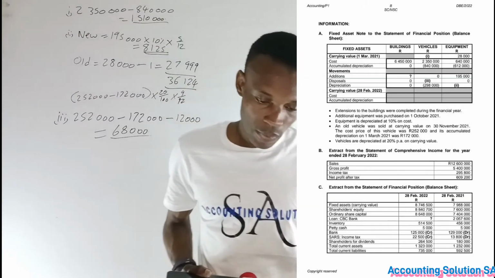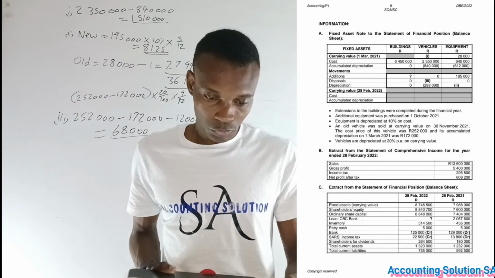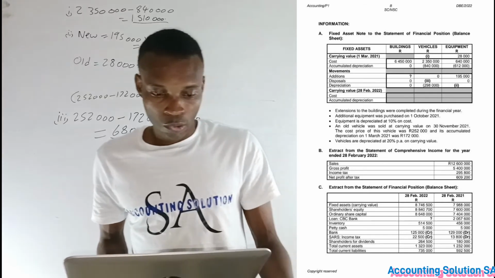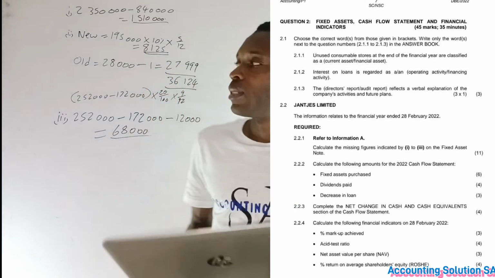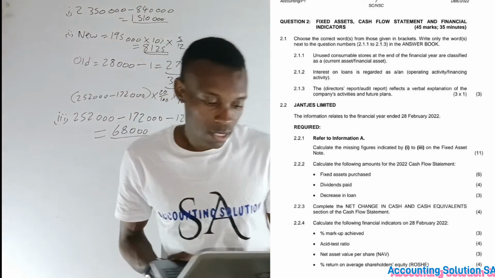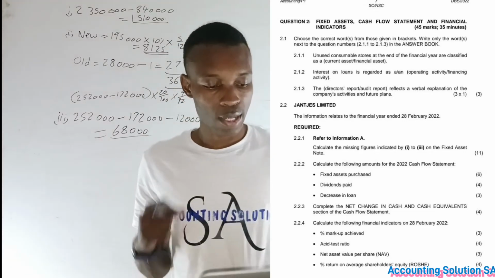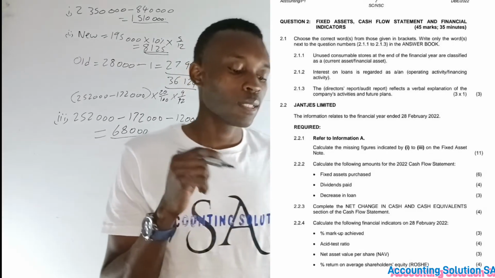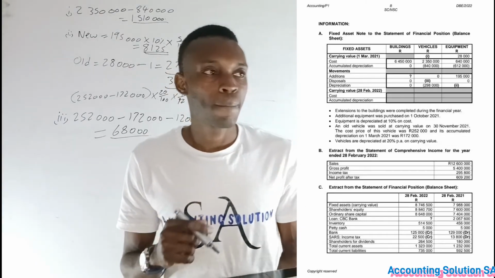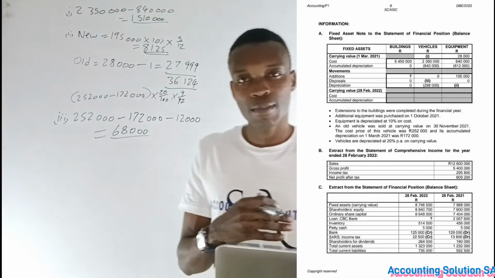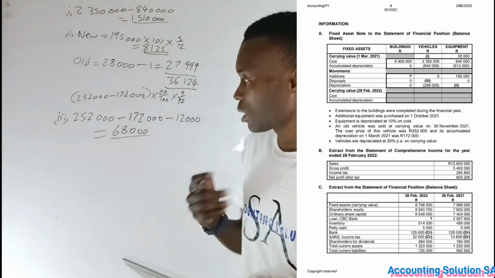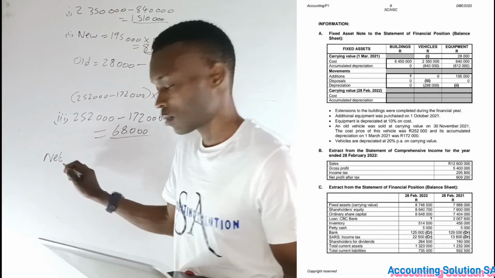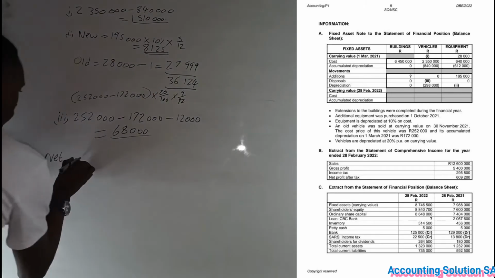So another question that we are going to do is question 2.2.3. Okay, complete the net change in cash and cash equivalent section for the cash flow statement formats. All right, so this is the last part of cash flow statement. Okay, we have a net cash flow